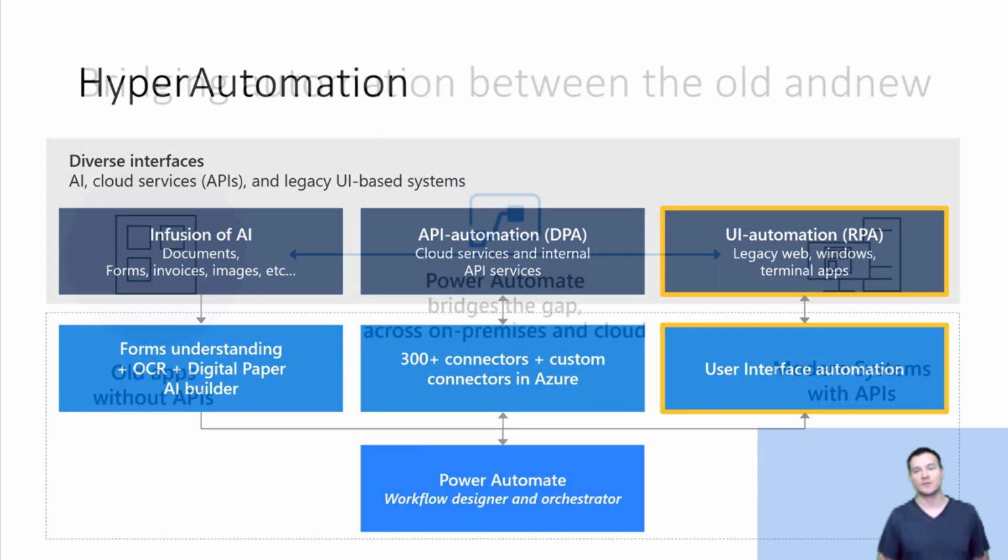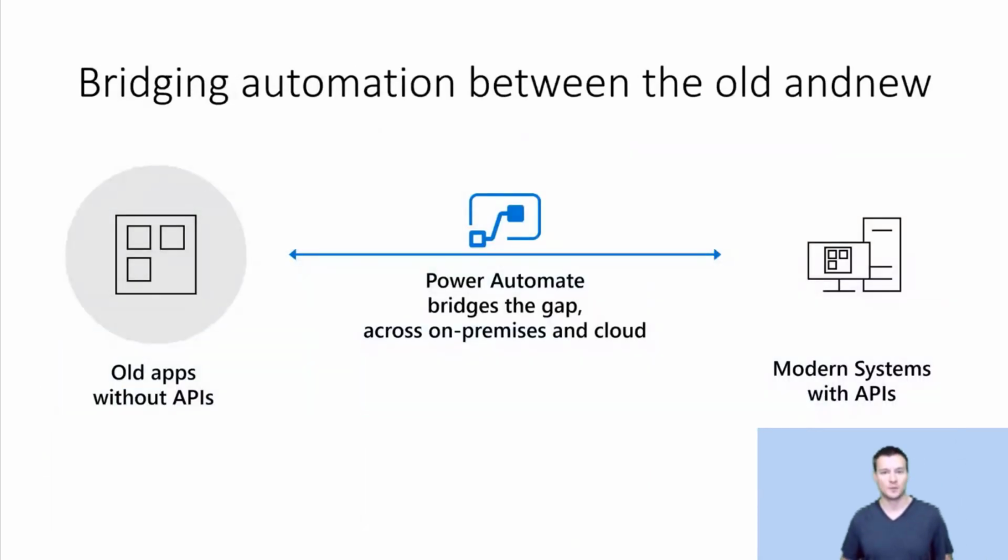So again, when thinking about RPA, apart from being software used to replace all those repeatable and similar processes, it actually helps companies bridge the gap between old legacy software that has no interface, that has no API we can query, and our modern processes that we can build and use in Power Platform.